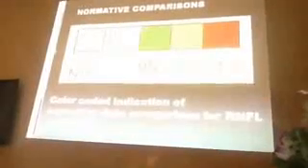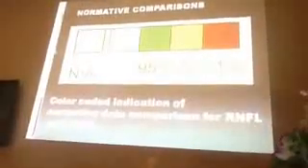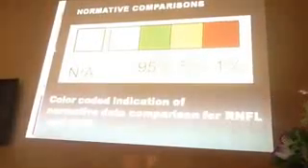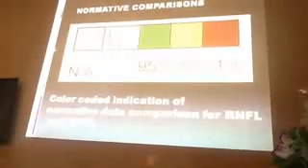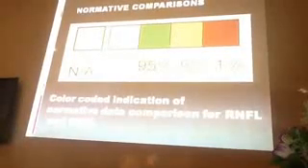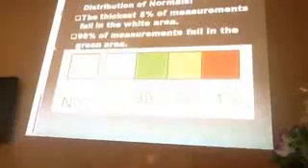The next step: you've looked at the retinal nerve fiber layer thickness map, you've looked at the retinal nerve fiber layer deviation map. The next thing is to review the normative comparisons. What are they? These are the colors you will use. This white, gray, is not available data. Then white, green, what do they stand for? This is a color-coded indication of normative data comparison for the retinal nerve fiber layer and optic nerve head.